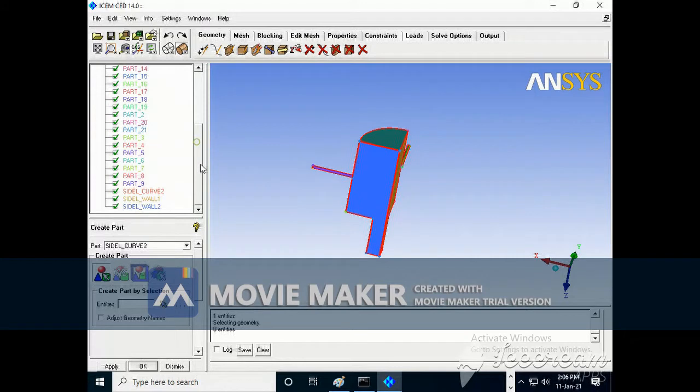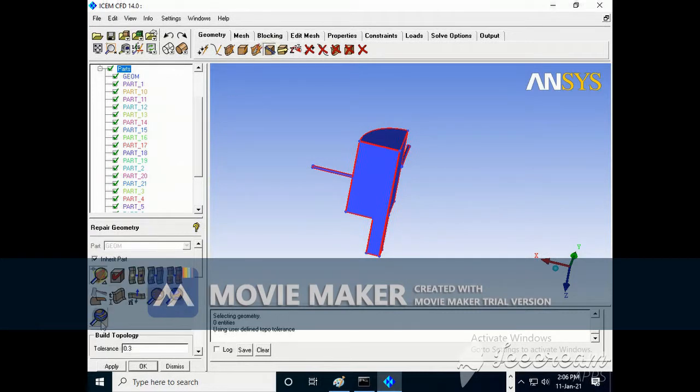So the first task you can do is say create part, you can say geometry, and select all parts. Then you can go into build topology.